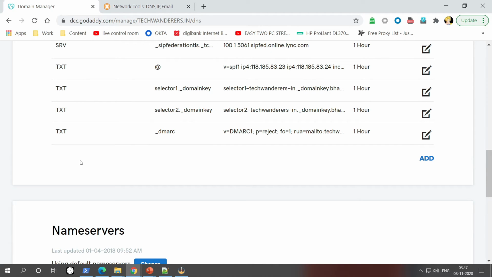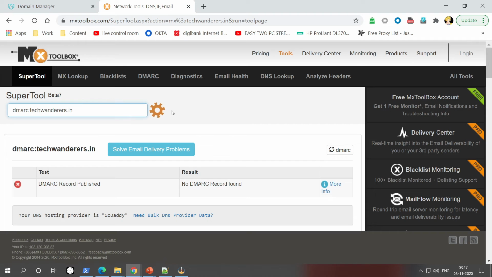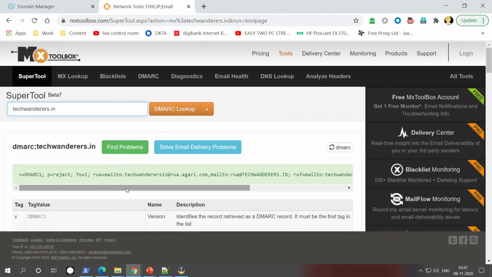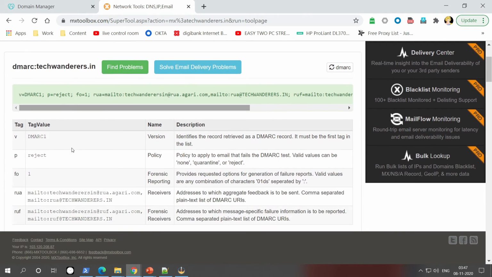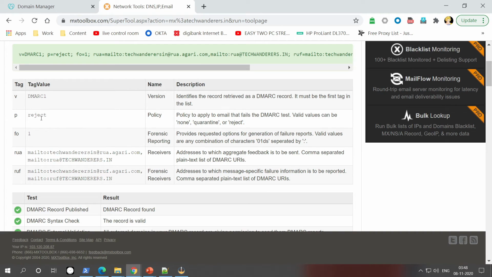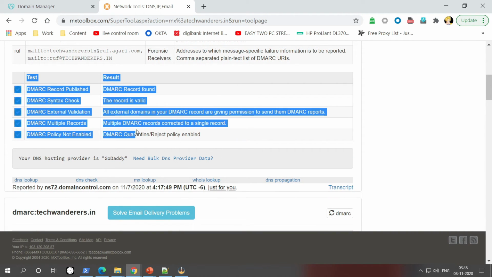Once it is saved, it will take some time, and after a few minutes we can refer to our DNS records. So this is the record which we have added. It appears here, and see all the tags and their values: version, policy, forensic reporting, aggregate report, and forensic report. These all checks are green now.